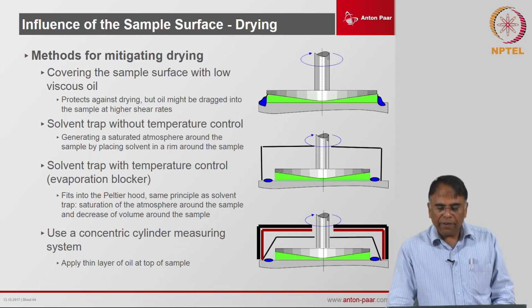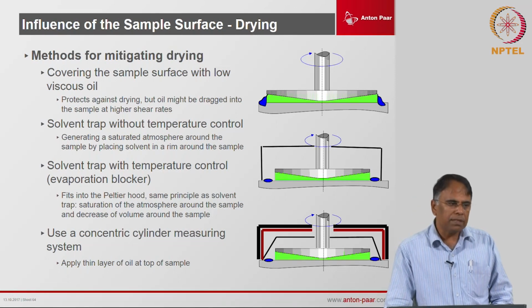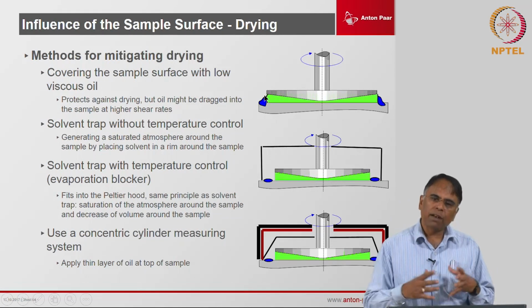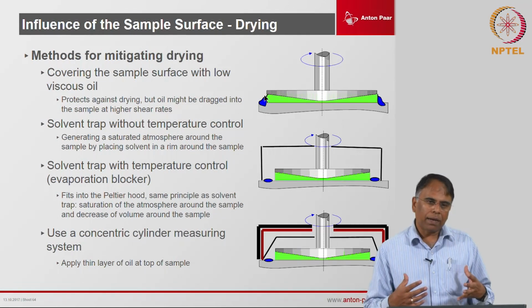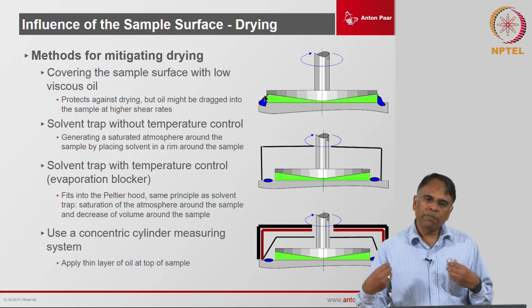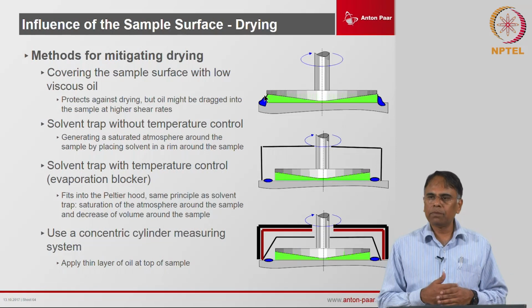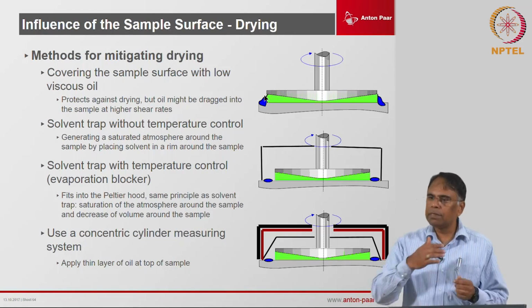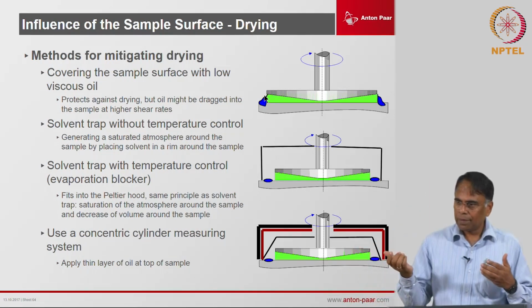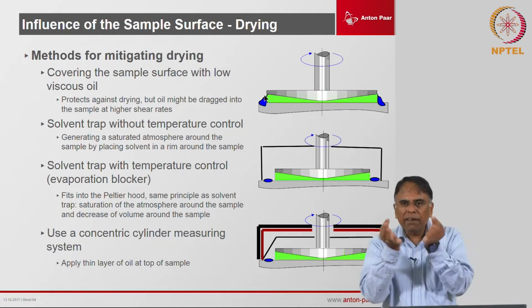Then you have the drying effects. So, if you are measuring emulsions or dispersions or suspensions, you can see the edge drying also gives us problems. If you have tests which are long, or you are doing them at a little bit elevated temperatures where there is evaporation of the solvent phases inside there, that can lead again to wrong interpretation of the data. You can see moduli or viscosity increasing because of this edge drying, but it is not because of the sample, actually it is because of this drying effect which is forming a very fine film.